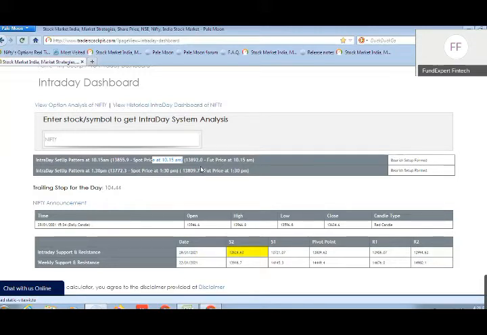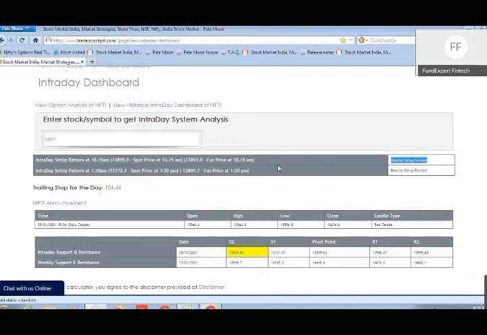By 10:15, once the market settles down, it checks the price action, the volume action, and the different parameters, and shows you the trend formation, the setup formation for the remaining part of the day, whether it is looking bullish from here or bearish from here. Accordingly, one can go for trade selection. If a bearish setup is formed, one can take a short position, in futures or options, or sell in cash. If it is showing a bullish setup formation, one can go for taking a buy position.